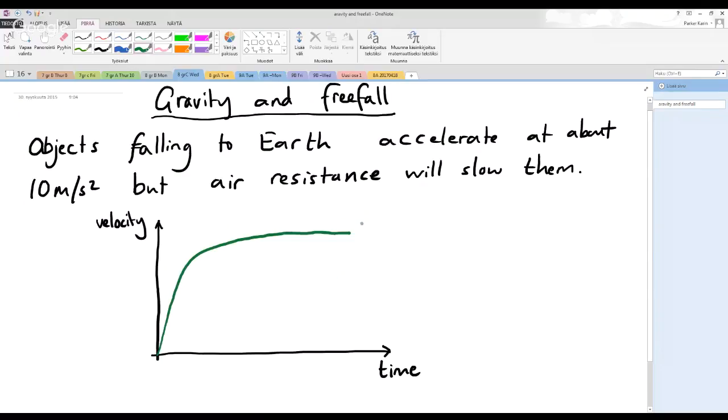Now, at the top, this is called terminal velocity. No, it's not a terminal disease. And in Finnish,